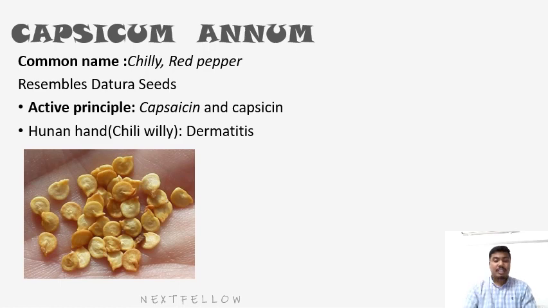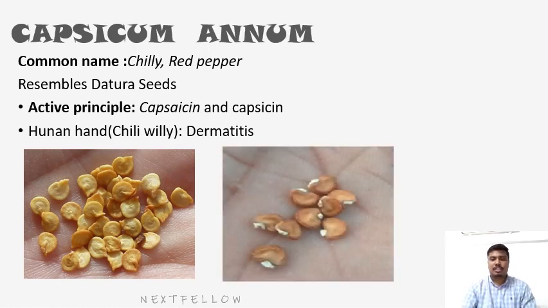So these are the capsicum seeds and these are the dhatura seeds. The identifying features between both are that capsicum seeds are smaller. The embryo has a figure of 6 if seen in longitudinal section. But the seeds of dhatura are somewhat larger than capsicum seeds, and they are kidney shaped. The taste is bitter in dhatura seeds, whereas capsicum is pungent, with a pungent odor also. So this is how to differentiate between the capsicum seeds and the dhatura seeds.